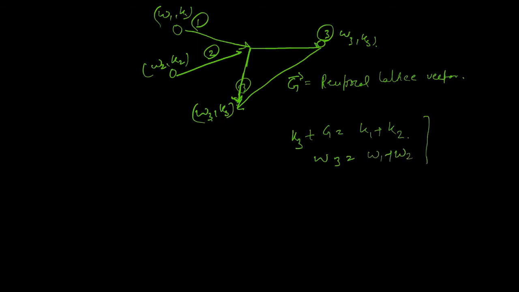So now the momentum equation has been slightly modified. In the normal process, the heat was propagating in the forward direction. But because of the back scattering, because of the transfer of momentum to the lattice, there is now a resistive process. Basically the particle could also go back. So this gives rise to resistivity, or a finite conductivity, in a material, and these processes we call Umklapp processes.